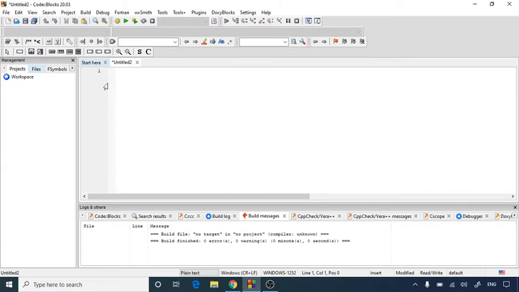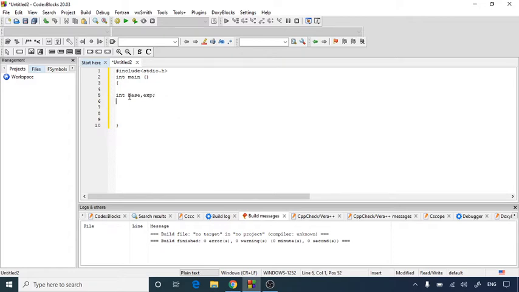First of all, we'll take an empty file and then we'll write #include <stdio.h>, which is the standard input output header file. After that, we are going to start with our int main function. So let's take the int main function. Inside the int main function, we'll declare two variables, that is the integer base and the exponent variable that we want.